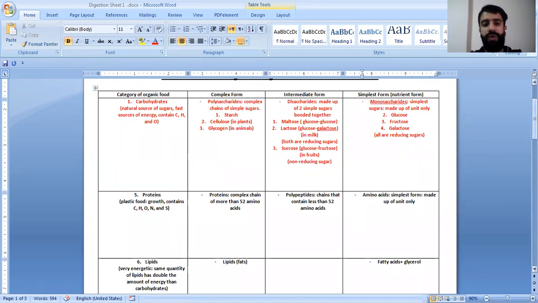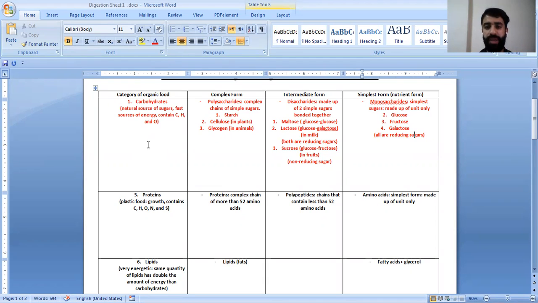Let's start first of all. We said carbohydrates are a natural source of sugars. They are a fast source of energy. They contain carbon, hydrogen, oxygen. What I want from you is to know that carbohydrates are a good source of energy. I don't need you to know that they contain carbon, hydrogen, and oxygen. So you have to know that they are a good source of energy, and they come in a complex form, an intermediate form,